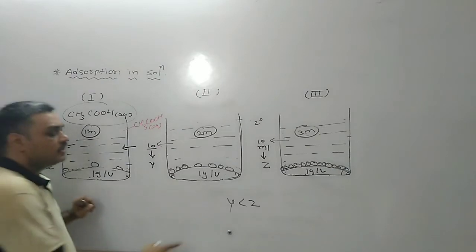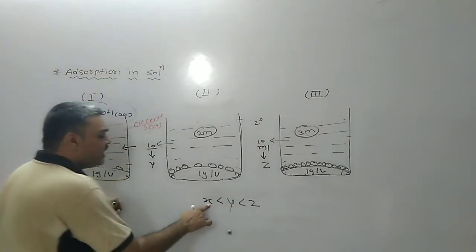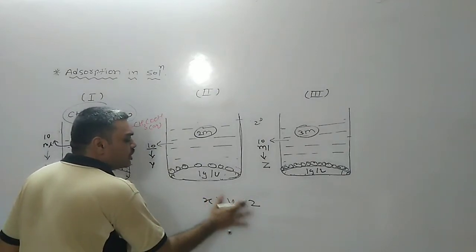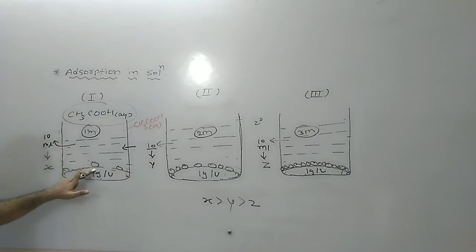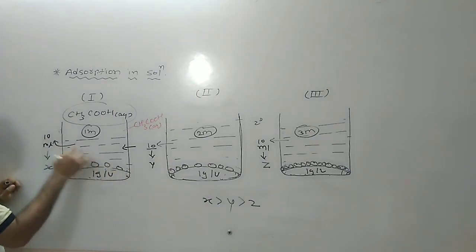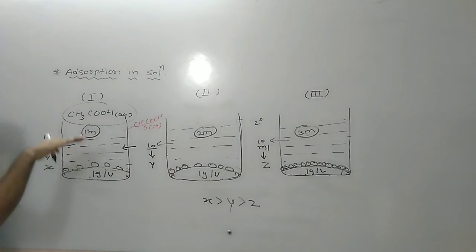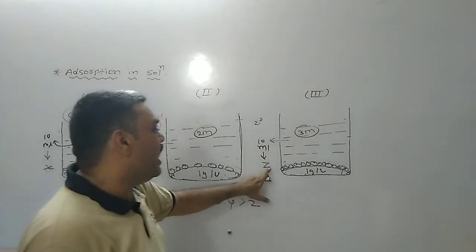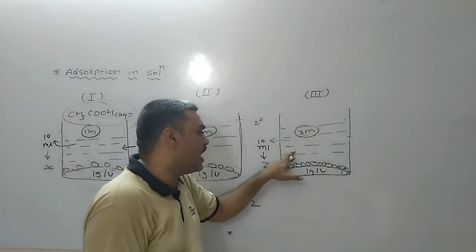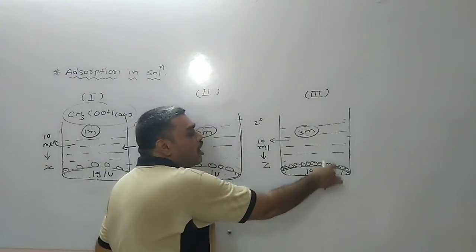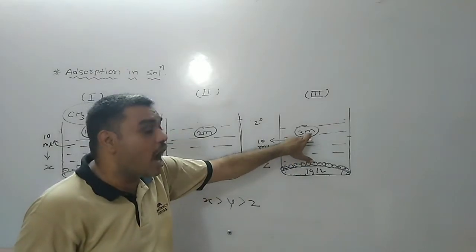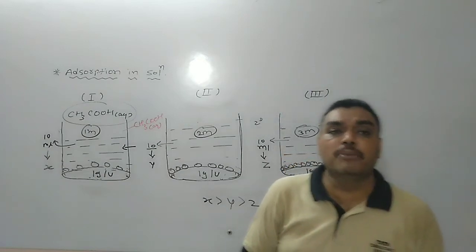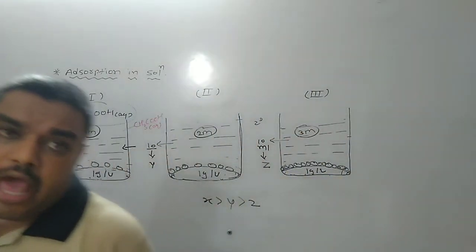So you will find that X is the very higher concentrated solution, because very less adsorption takes place, and that's why its concentration decreases only to a low level. Here Y is the middle one, and the concentration of Z is very low because a greater proportion of adsorption takes place due to the higher concentration of solute molecules. So these 4 different relationships you can understand